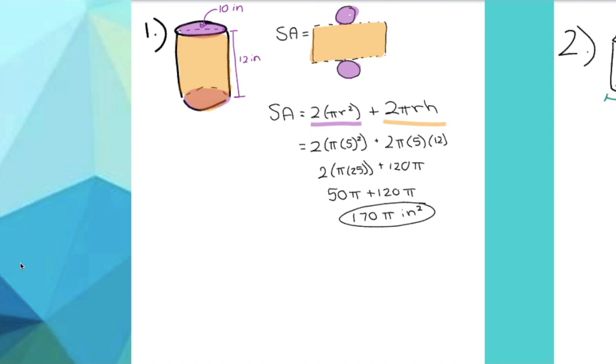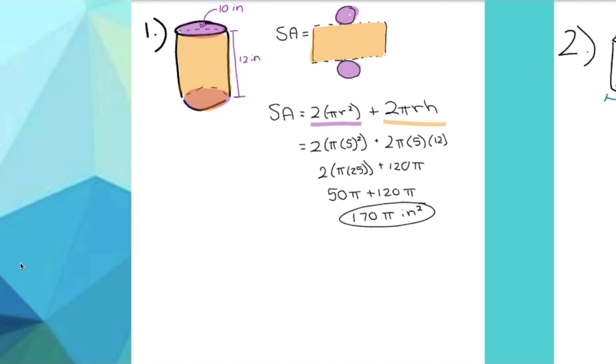So its length will be equal to the circumference of the purple circle, 2 pi r, underlined in orange, and then its length times width, and the width of the rectangle is the height of the cylinder. If you add those all up after you plug the numbers in, you'll get 170 pi